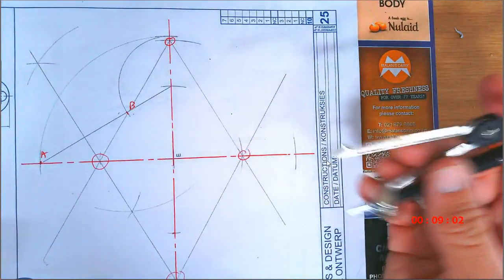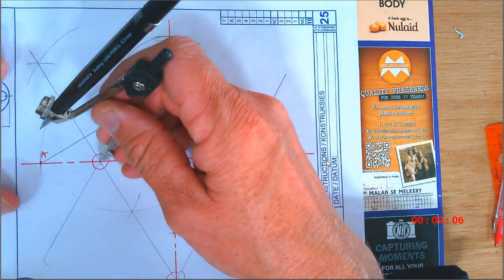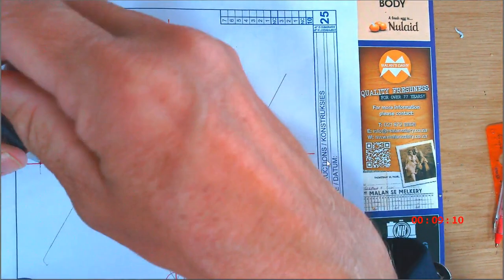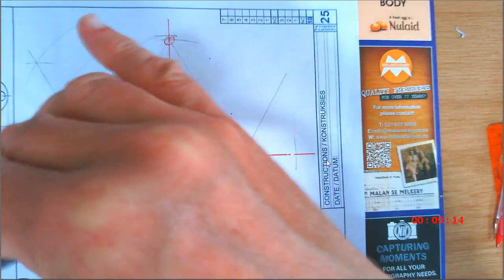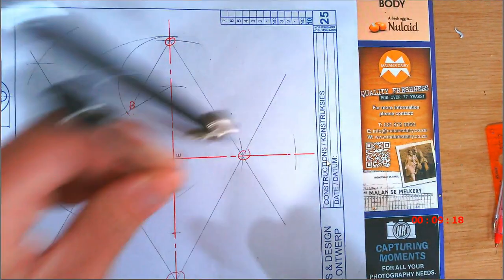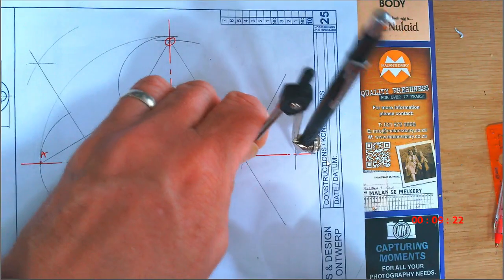Okay, we're almost there. You can check this line, I think, is slightly off. Okay, I'm going to put it there, open it up, draw it up to that line. Okay, I'm going to copy the same distance to this side. I'm going to check that it is accurate.